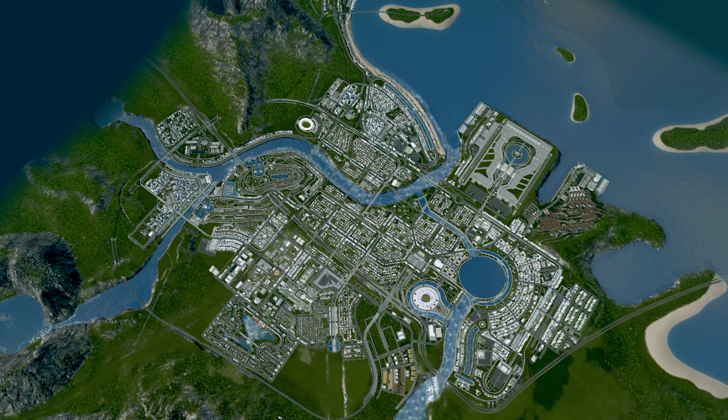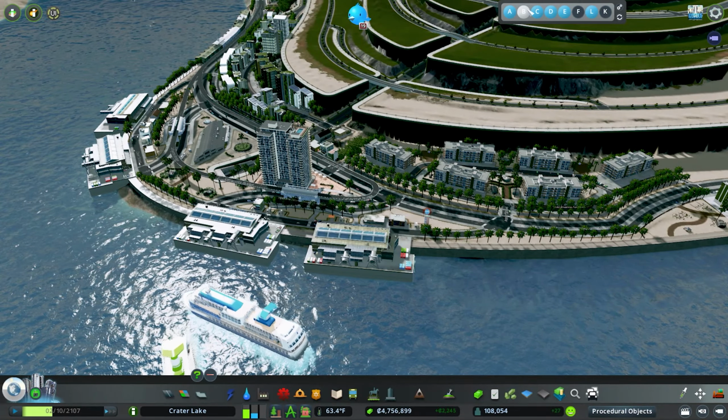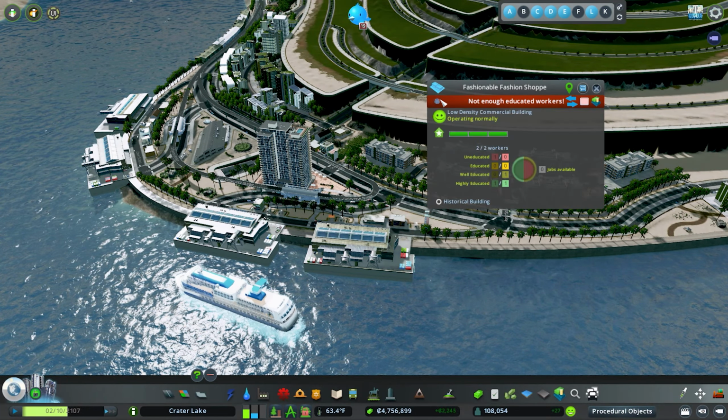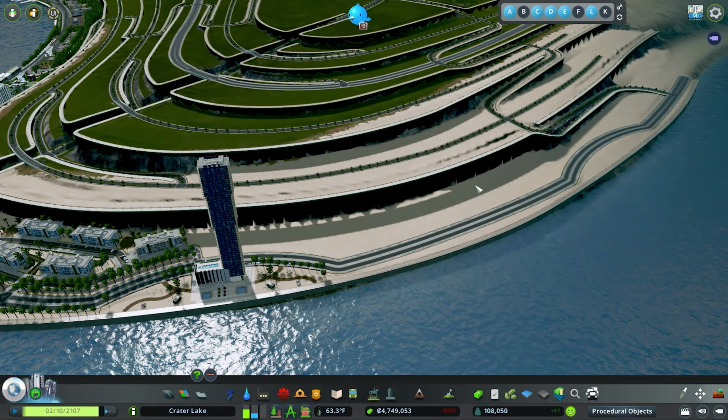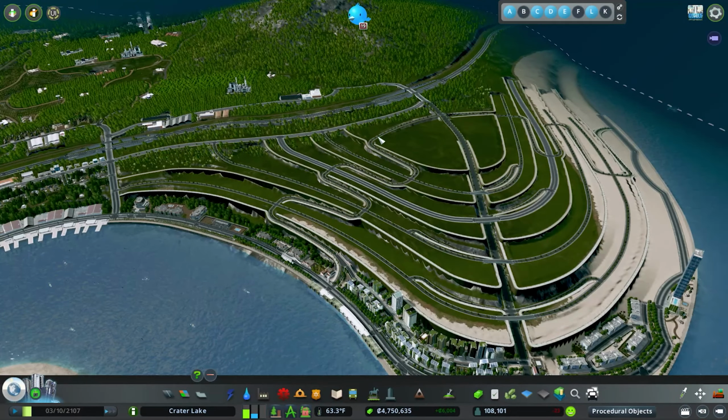So on the last episode, we built out this awesome little area over here, which I think is fantastic, and we are having some warnings, so not enough educated workers. We're definitely going to address a lot of that today. We're also going to be building out a little more of this, but I want to focus on the top